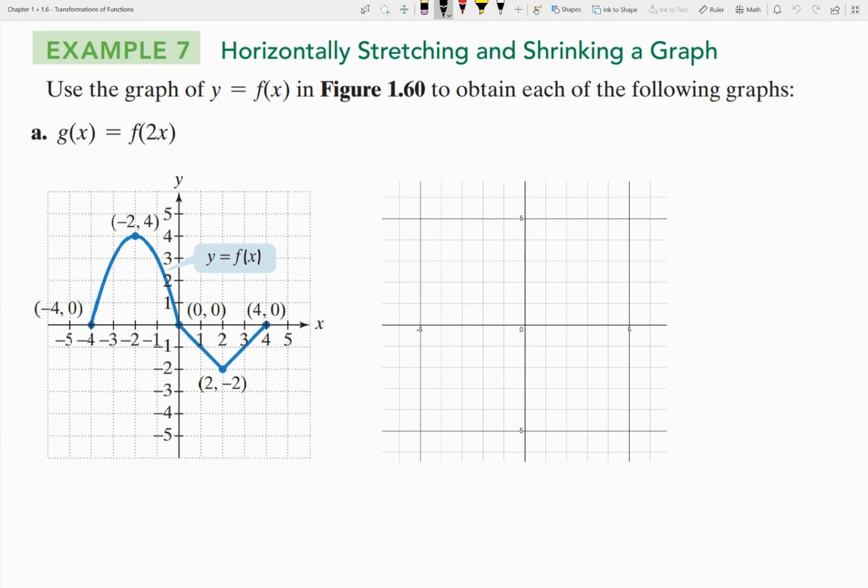Okay, so this is now not a normal function. This looks like a parabola and an absolute value function smushed together. Okay, whatever. All we need are the points, which we have. Okay, this point is going to stay the same. Every x coordinate is going to get divided by 2. Okay? So when we graph this, we are going to take every